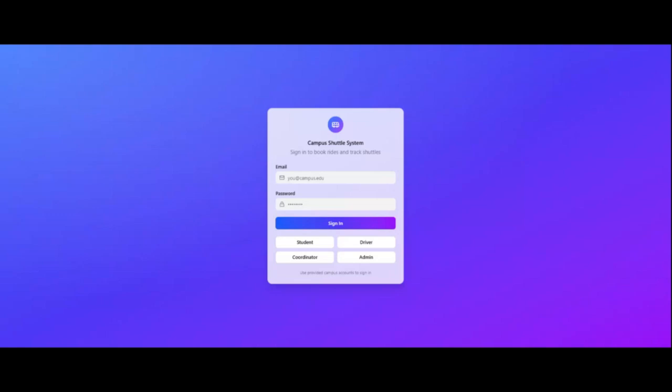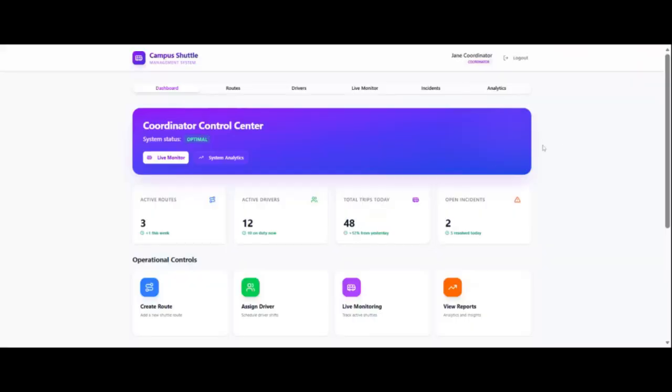So now let's start by logging in. The coordinator module is used to manage the daily shuttle operations. The dashboard provides an overview of the routes, drivers, trips, and incidents. As you can see in the dashboard, we can first navigate